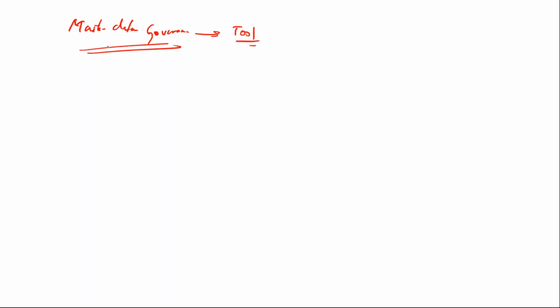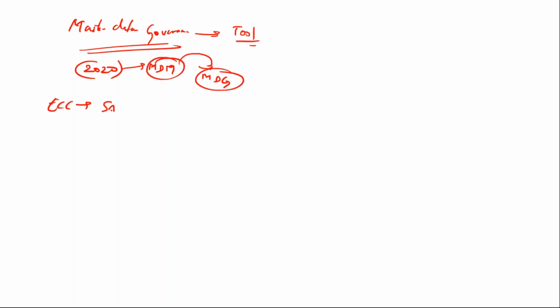So it's basically the next generation of master data management. From 2020, you will not have any further master data management. Master data management is completely replaced with master data governance. So whenever you're converting your ECC to SAP S/4HANA, one thing you should understand: there is no conversion from master data management, because this goes on separate licenses. It's not a replacement. It is completely getting obsolete, and it will be only master data governance going forward.